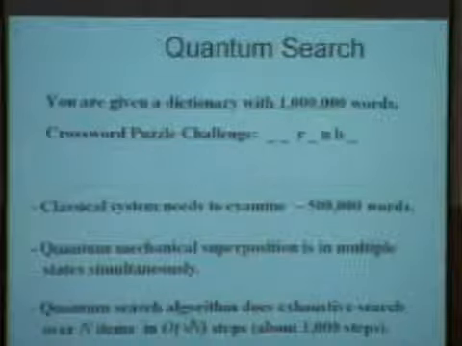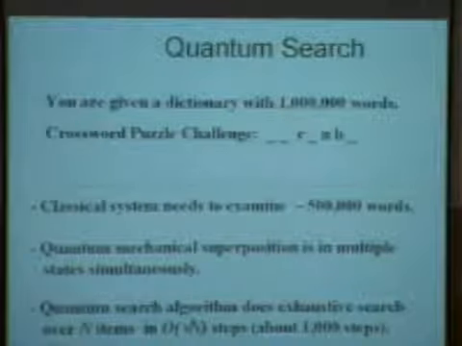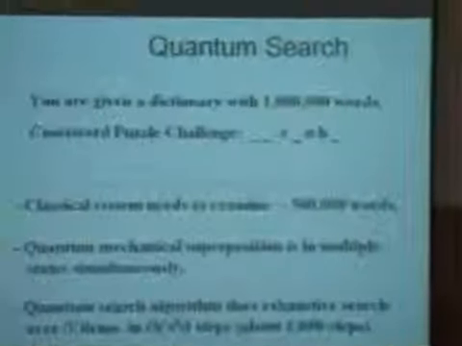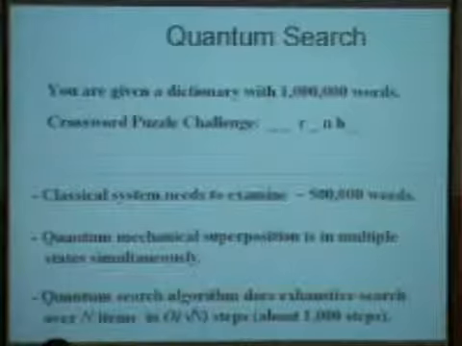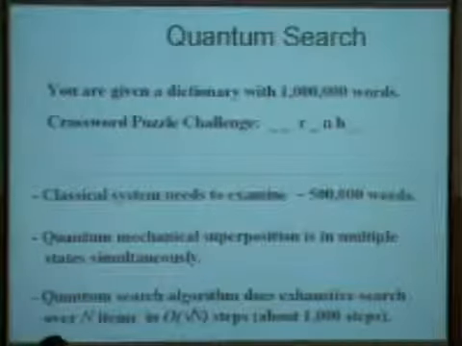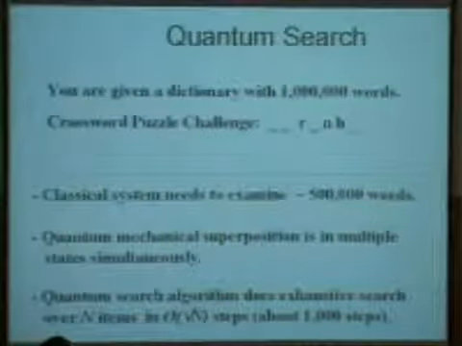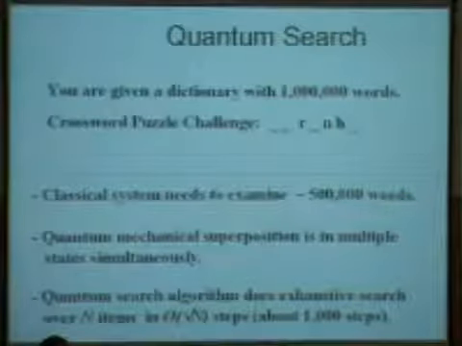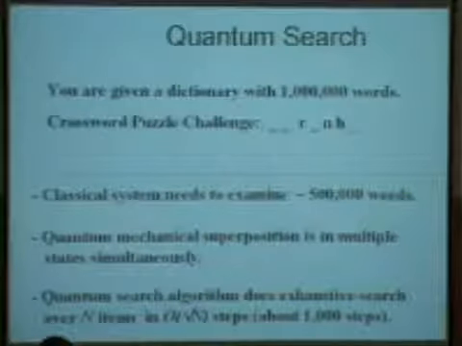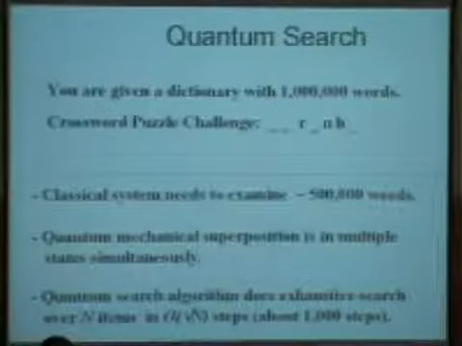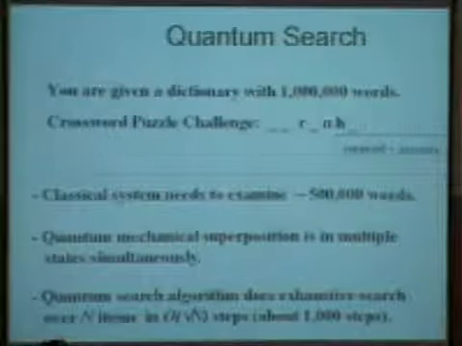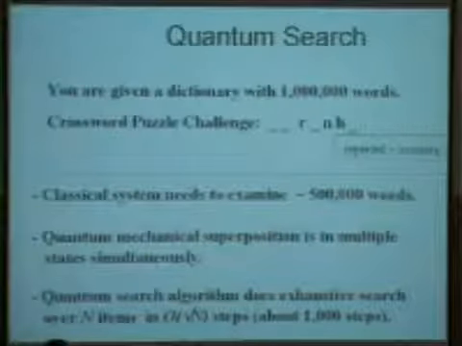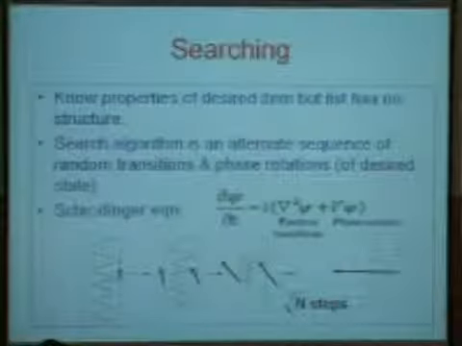But if you were given this database on a quantum computer, then you could very easily write a program that took just 1,000 steps. And that is by using the uncertainty principle, that the quantum system is naturally in multiple states at the same time, and instead of using that to your disadvantage, we use it to our advantage to be able to search multiple things at the same time. And you'd get this answer, piranha, in 1,000 steps instead of 500,000. How does one do this?